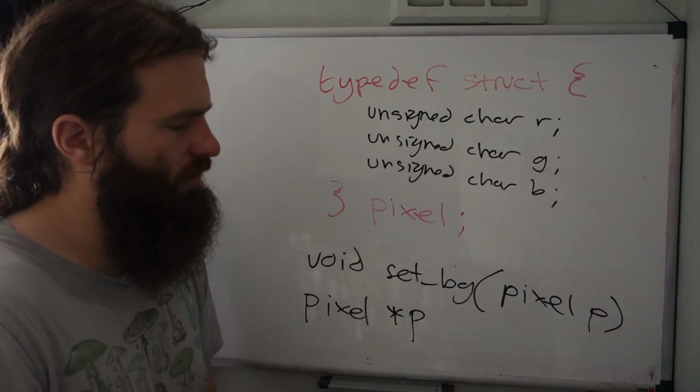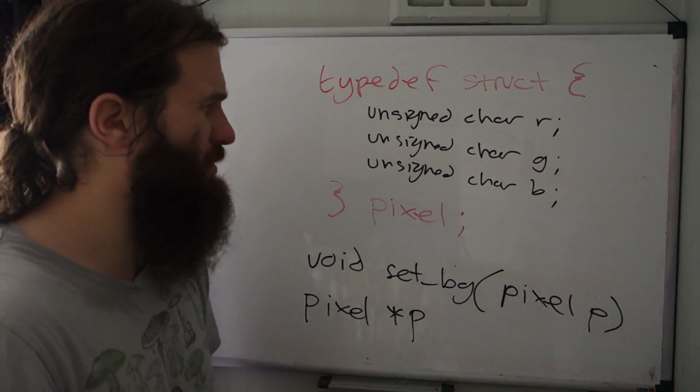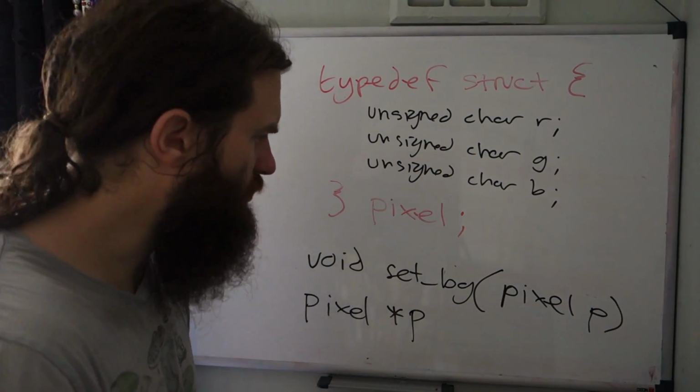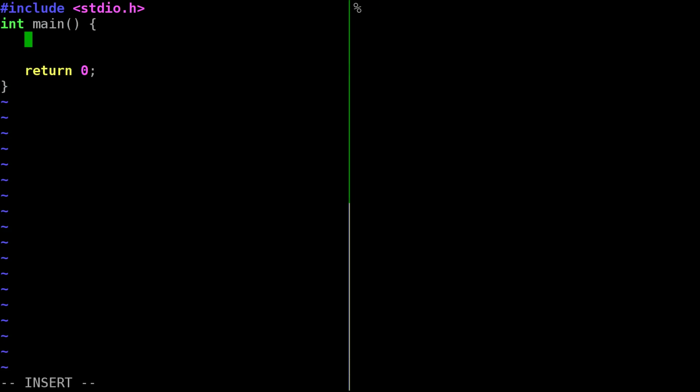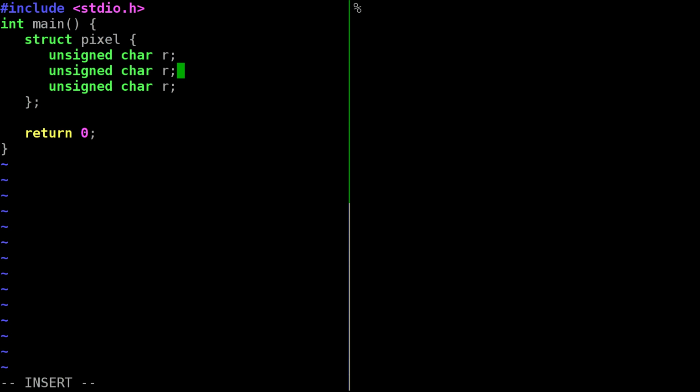Whereas when you do it the other way, it's just a bit more unreadable. Alright, let's have a look at some examples of that. So we've got a program here called Hello Structures, and what we're going to do is start with just doing a normal struct definition. So we're going to say struct pixel, and we said it's an unsigned char R and G and B,